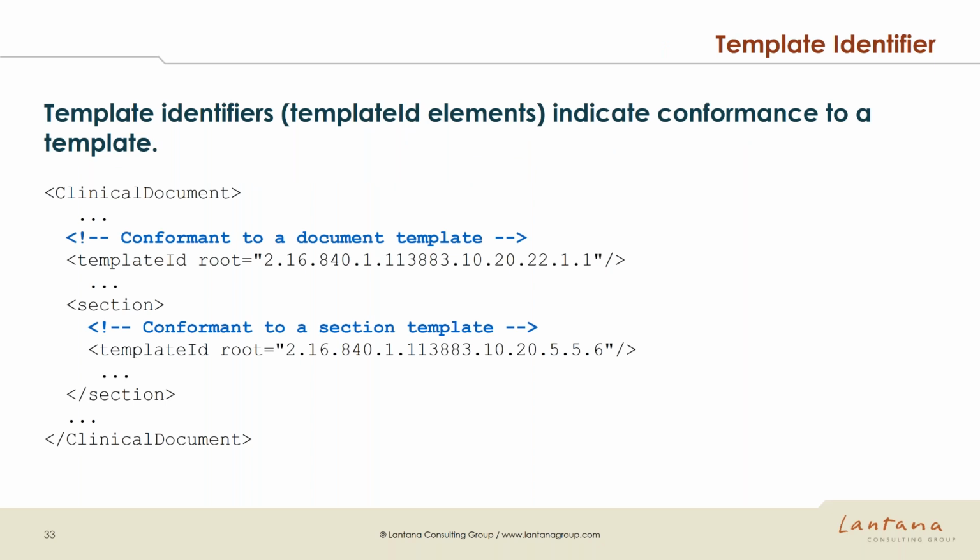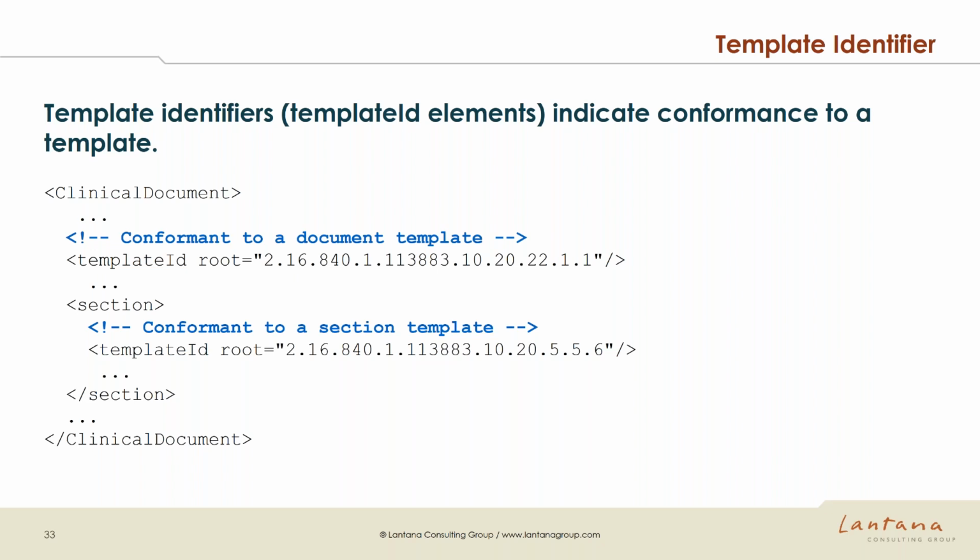So how do you indicate in your documents that you're actually trying to conform to a template? In CDA, you do this by what are called template IDs. So you can place template IDs in your CDA document. By doing that, you can think of it as making a promise that you're actually following the rules of that template. So in this example, we've got two template IDs that we're showing, one at the document level and another